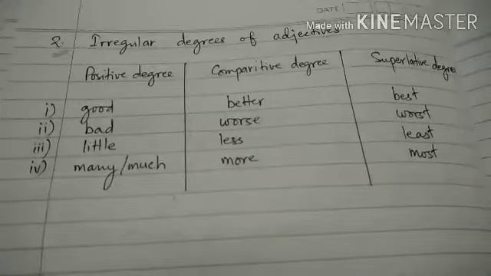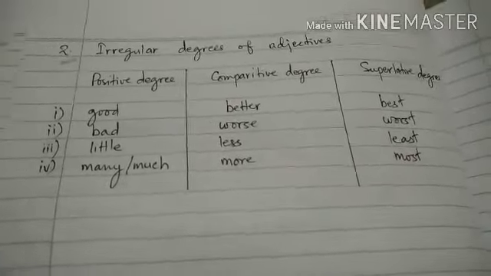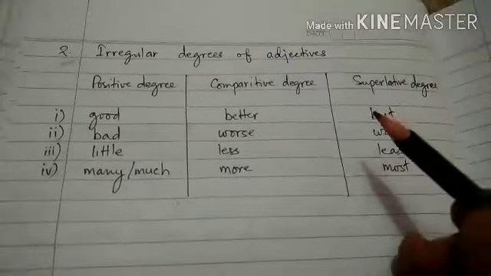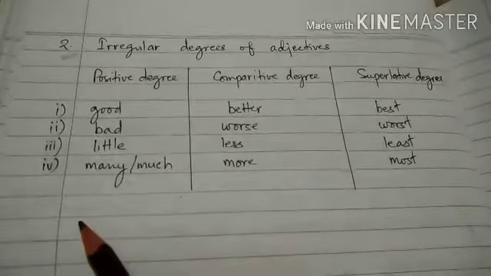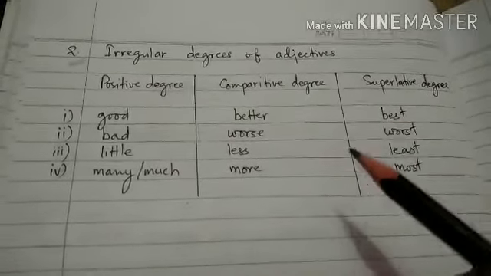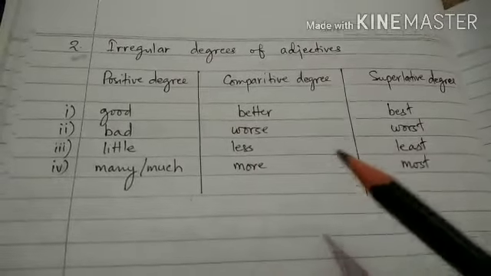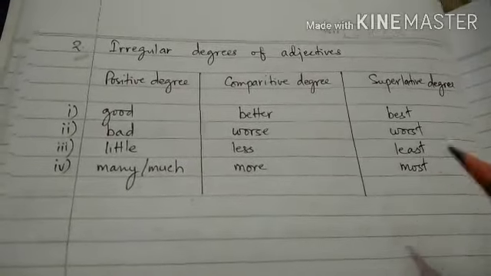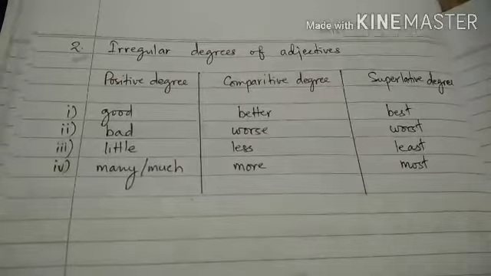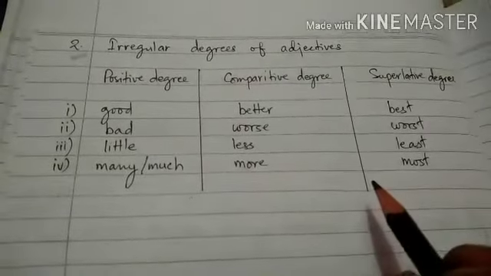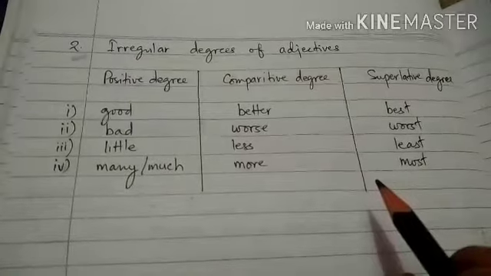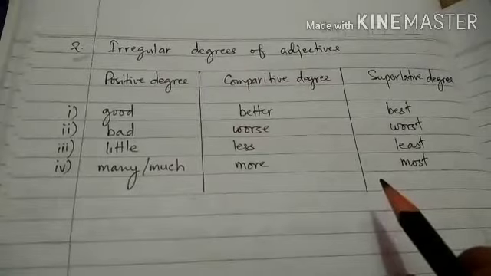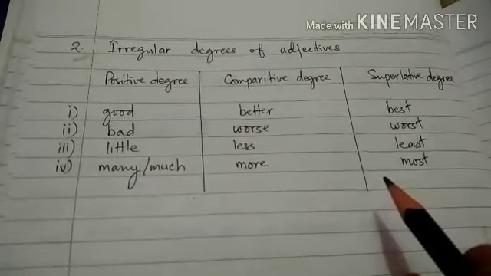Like in regular degrees of adjectives, we have same adjective words there. In positive degree also we have same, in comparative degree also we have same, in superlative degree also we have same. Like intelligent in positive degree, more intelligent. So intelligent, same adjective is there also in comparative degree. In superlative degree, most intelligent. So same adjective is there. Okay, so we will make little bit changes by adding some words, by changing the structure of adjective words to change into comparative and superlative in regular degrees of adjectives.